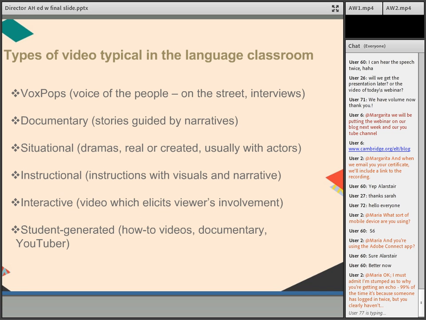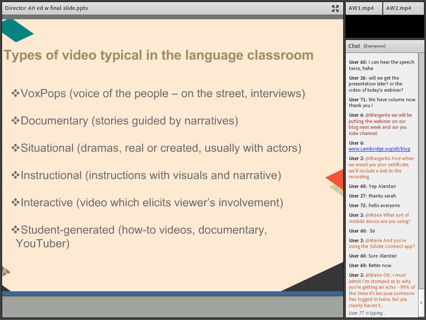Just to recap, I know that a lot of you, it sounds like, have used video in your classrooms already. And so I'd like to start by talking about what the typical types are, how the approach is generally used by most teachers, and then get into how video creation can be, really the watching of the video can be a springboard to the video creation. So one of the first types that you, I'm sure, are familiar with are the vox